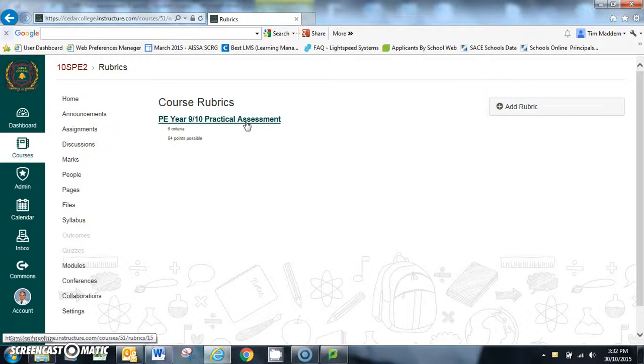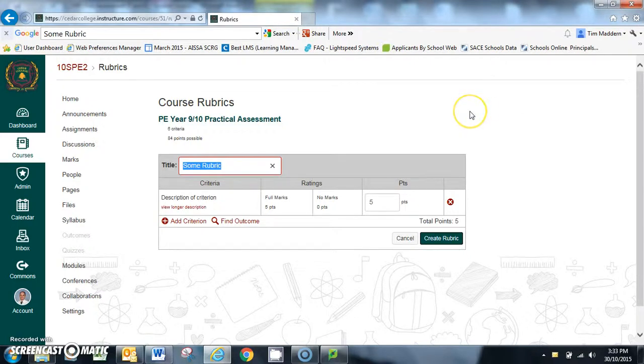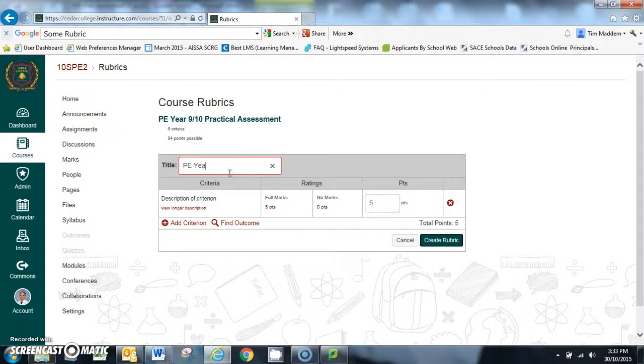If I wanted to create a new rubric, I'd just go into this add rubric section, keeping in mind that I am in the outcome section, and I would add a rubric. I'd give my rubric a title, and this time I'm going to call it PE Year 7-8 practical assessment, because I need to start working on this one as well. And if I go into that